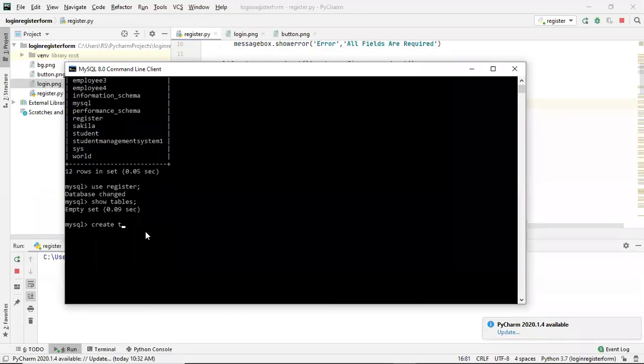So create table student. Okay, ID int auto increment primary key not null, comma, then f name varchar, then l name,